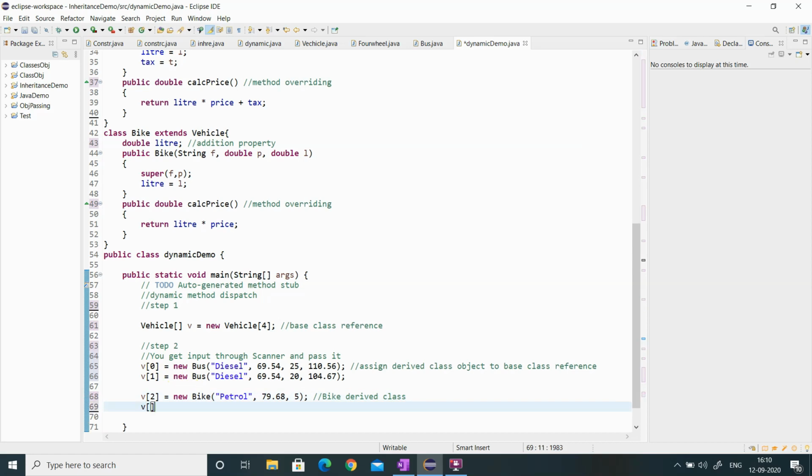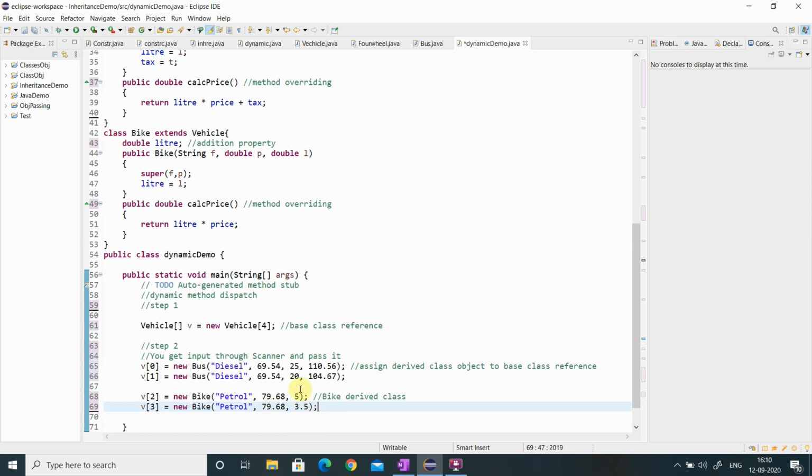So now B3 also points to the new bike petrol. So I am going to give the cost 79.68 and the number of liter is 3. Okay, or I can put 3.5 liters. So two bus class derived objects are assigned to the base class reference.